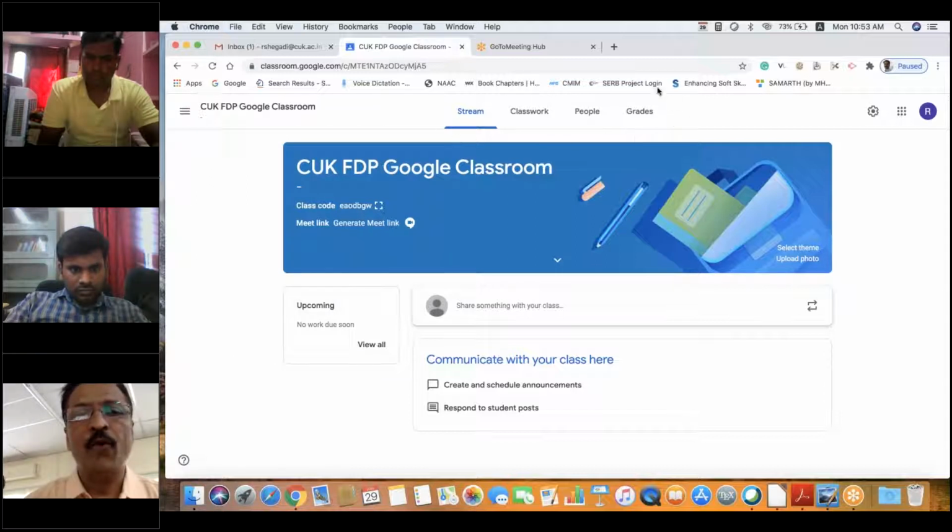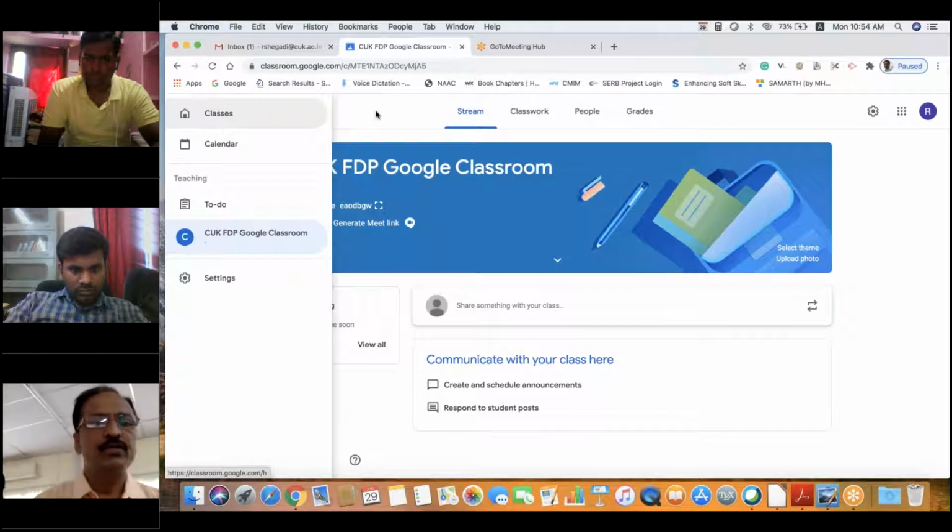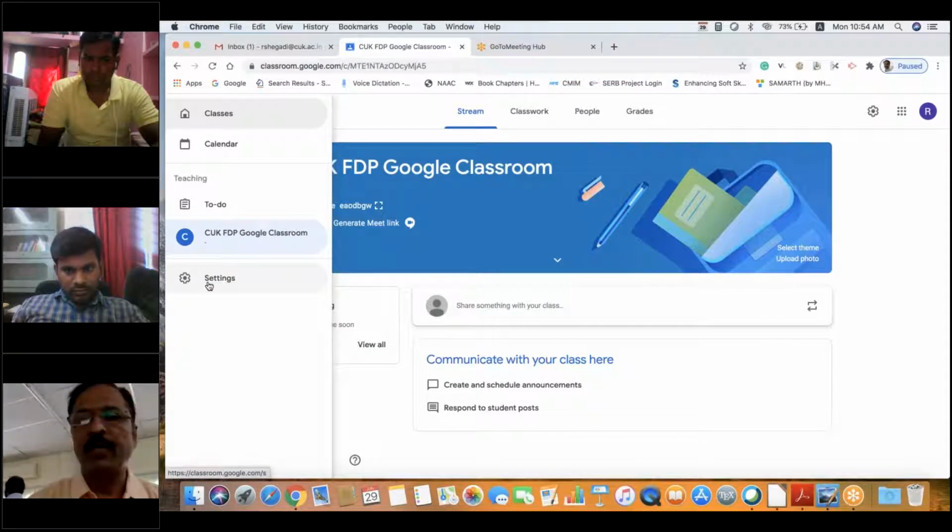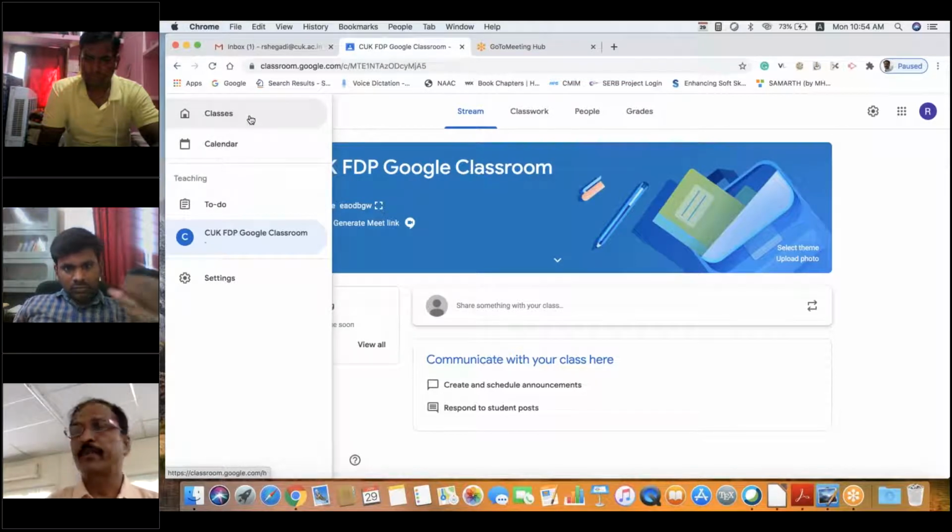Then we have 4 menu options, a settings option, then these 9 dots. I will start with these 3 lines. Just click on these 3 lines. What you can find here is classes, calendar, to-do, then this is my current class, and settings. Settings is available here as well as here. These are different types of settings. I will show you one by one.